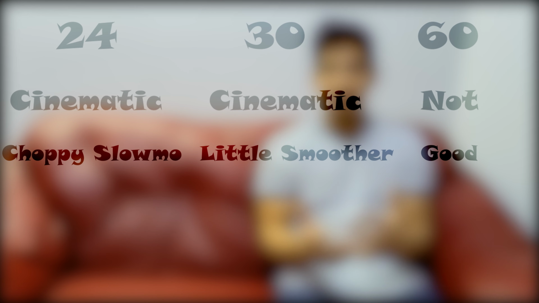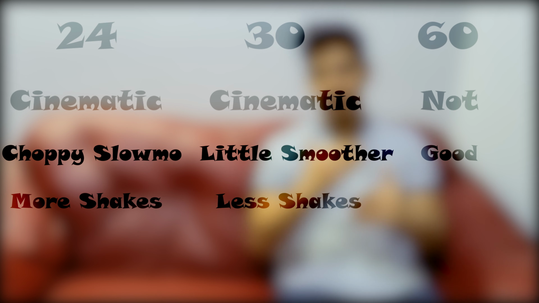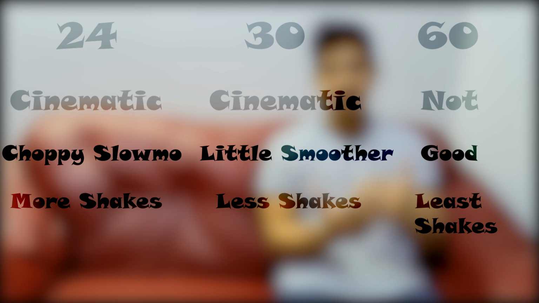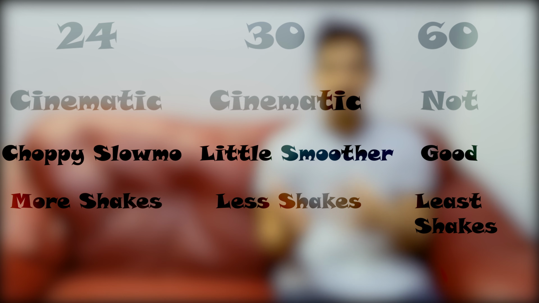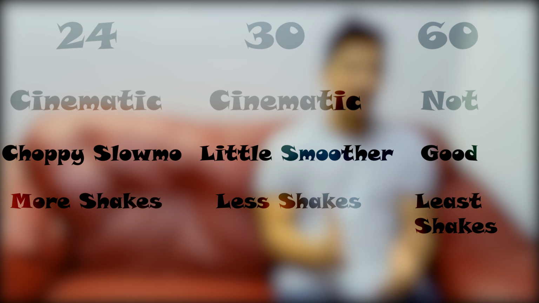You would have more camera shakes in 24 and 30 frames because there are not a lot of frames in that sequence to give you a smooth motion. 60 would have less camera shakes than 30 and 24, and then 120 would have no or very few camera shakes. So that's how it is,